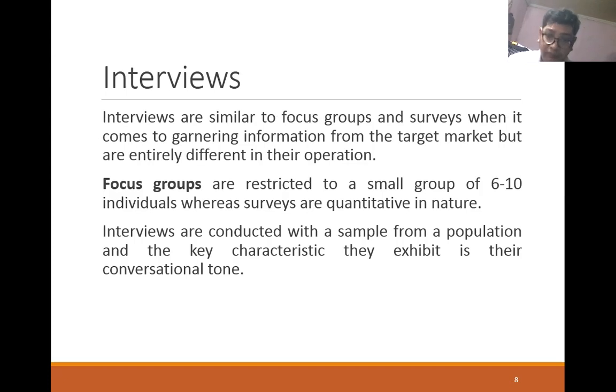Okay, let's read. Focus groups are restricted to small groups of 6 to 10 individuals. I see. So a focus group is only a small group of people. From the word focus, if we have less than 6 individuals, maybe one to 5 individuals, maybe that's already a case study. So when you have respondents of 6 to 10 people, that is a focus group. So you interview these people.